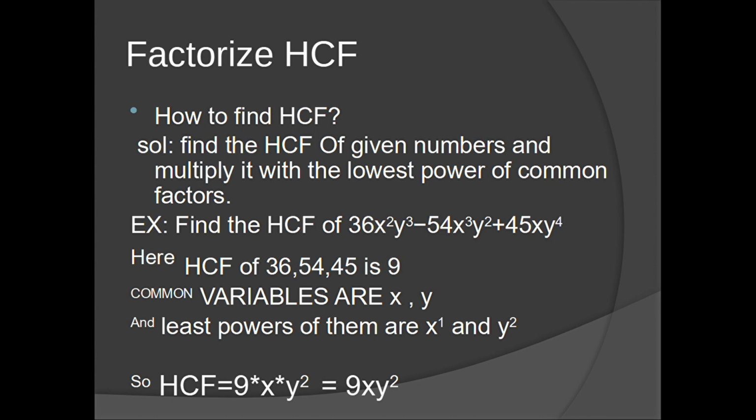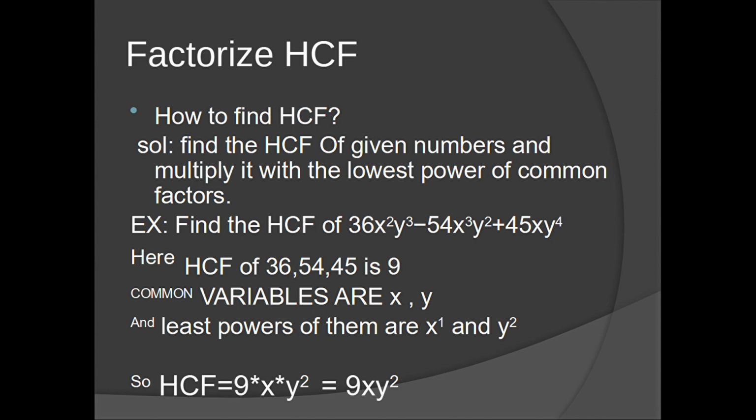So we need to multiply the HCF of the numerical coefficients, the HCF of the common factor x, that is x power 1, and multiply with the least power of y, that is y power 2. When we multiply 9 into x into y square, we'll get 9xy square,